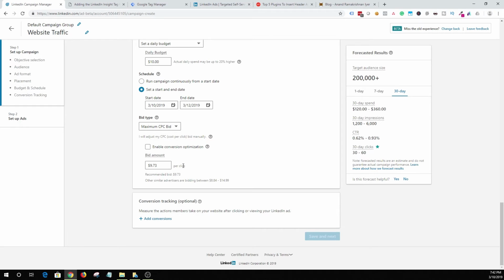But think about this, if you are in a very highly specific industry or a niche industry, and if you know that a single click or a single customer is worth 10 times the cost per click, then LinkedIn ads is definitely worth it. So it's going to recommend you an amount, and it's going to tell you that other advertisers are bidding in this range. So I would start with, let's say, $7,